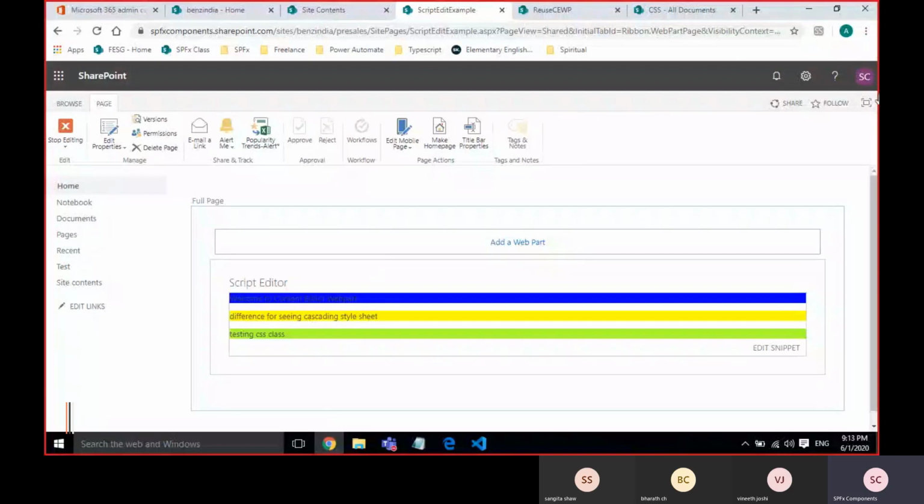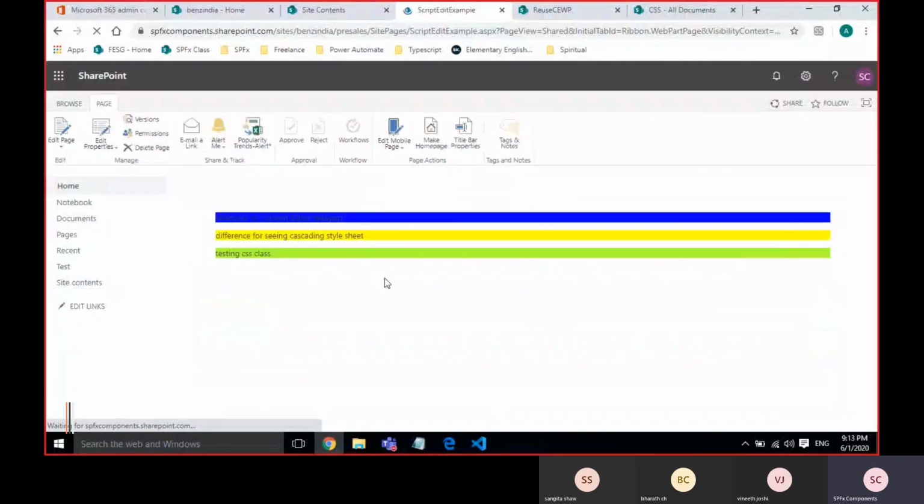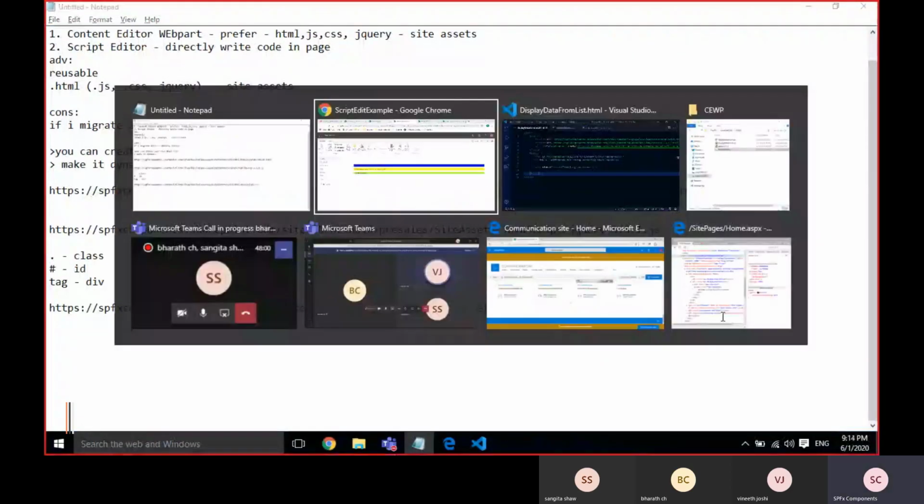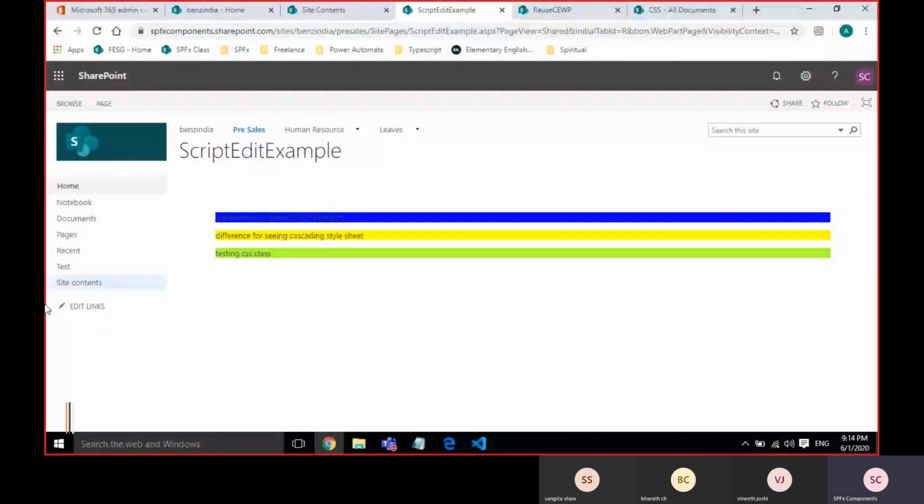The task is a common thing in our SharePoint. If you observe here, this left navigation is available in the web part. The customer will tell you, I don't want the left navigation, or we'll call it quick launch. Correct?